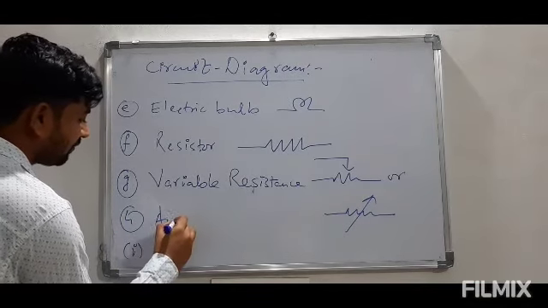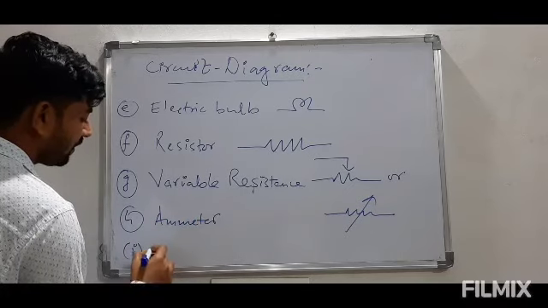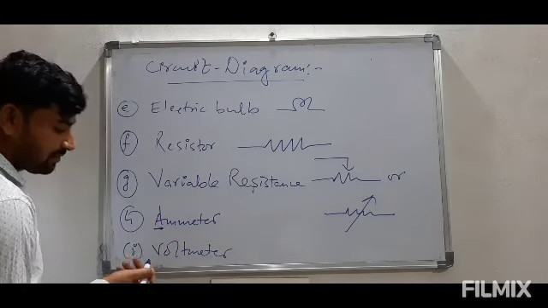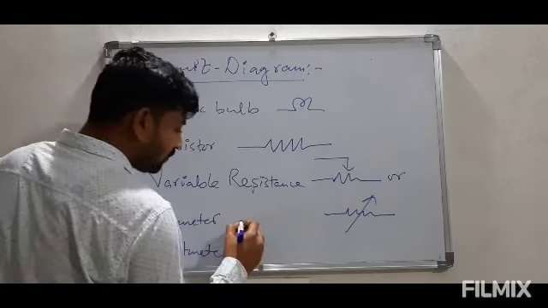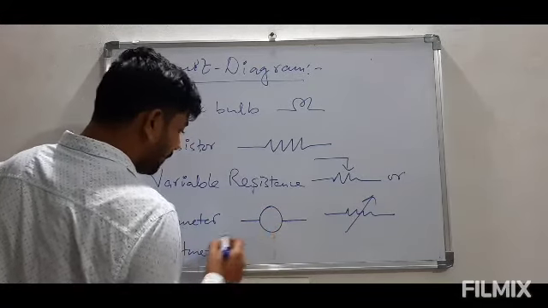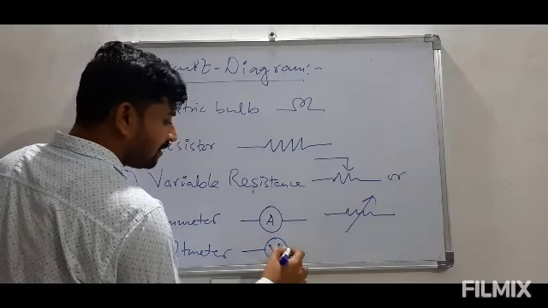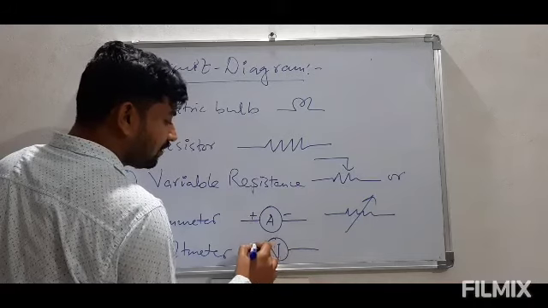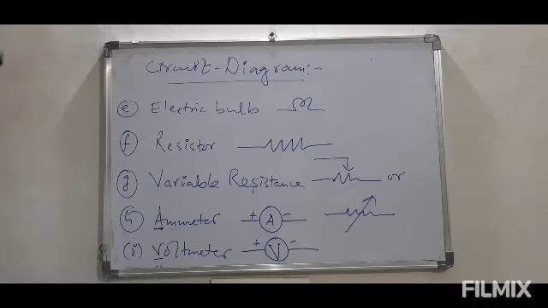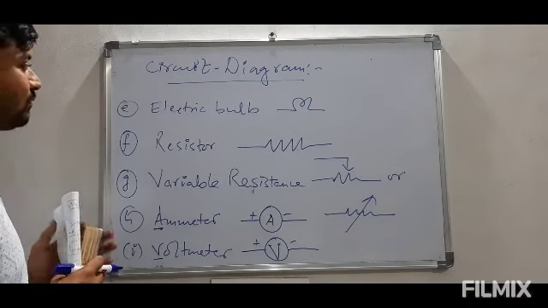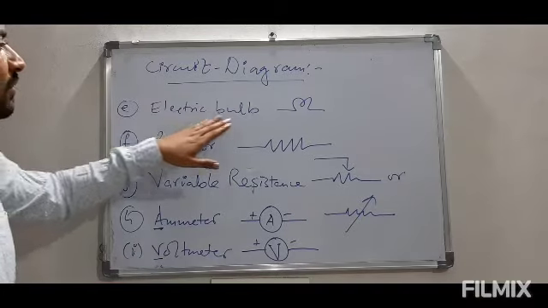first one is ammeter, which I told you, and next is voltmeter. As the name suggests, ammeter starts with A and voltmeter with V, so its symbols are very simple. We write A for ammeter and we write V, capital V, for voltmeter, and there will be some polarity like this. So this is how we try to draw any circuit diagram. So in the previous part we have gone through the 4 symbols. Now the remaining one are electric bulb, which is this.